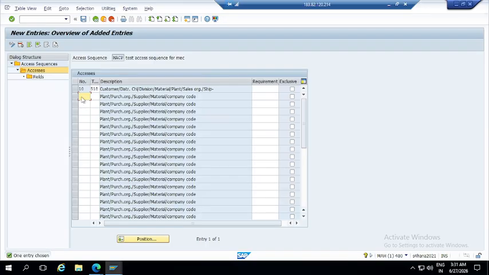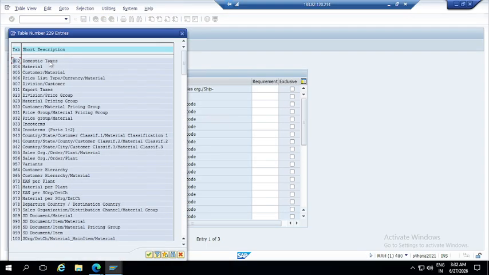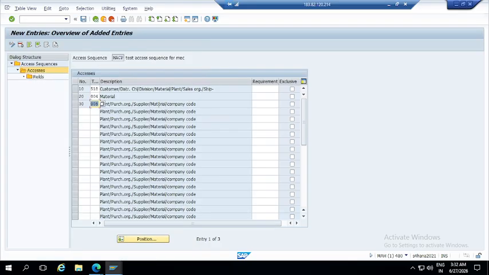After that, if it is 20, that is the access sequence number, which is used to search based on this sequence. For the sequence, first it will check these parameters. Suppose at the time of condition records, if you give a particular combination, based on that it will give the details. That happens based on the sequence. You can add whatever you want. If you want to check only for the material, then it is okay. If it is 30, if it is for customer and material combination,